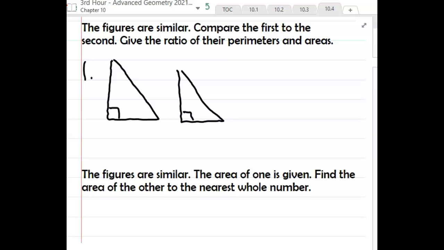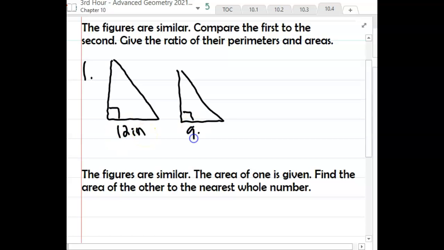Okay, they tell me that they are similar, so I already know that the corresponding sides are all proportional, which means if you take this side length over this side length, it would be equal to the bottom over the bottom, which would be equal to the hypotenuse over the hypotenuse once you reduce the fractions. Okay, they would all be equal. So if the bottom of the first triangle is 12 inches and the bottom of the second triangle is 9 inches,